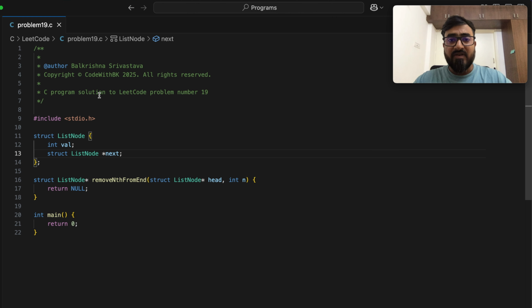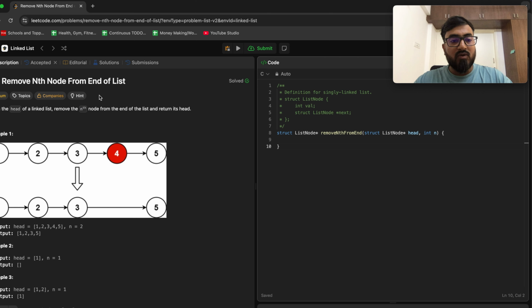Okay, so we have covered linked lists in C programming in great detail, from scratch: what nodes are, and how we create a linked list. A linked list is basically nodes linked together using the next pointer. Then we saw operations on a linked list: how we insert, remove, and print. So now we try to solve LeetCode questions,